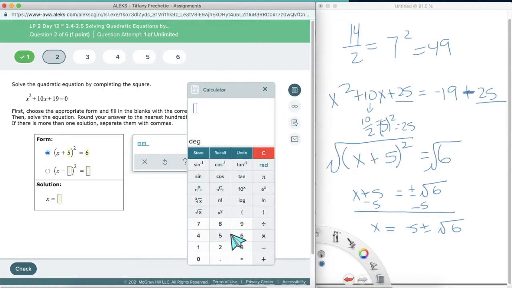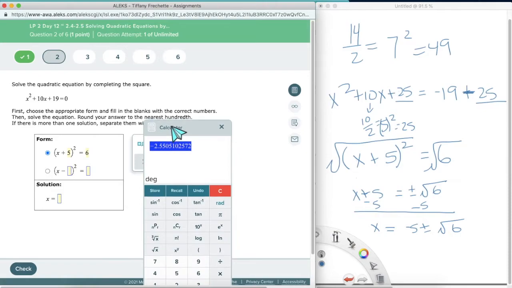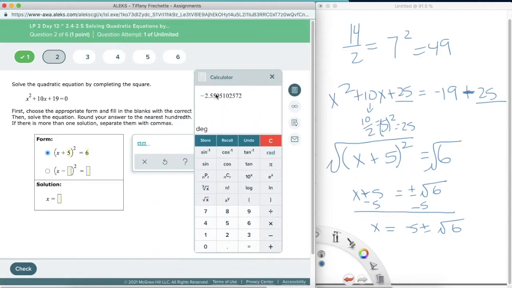So I have negative 5 plus the square root of 6 equals, here's my first decimal, and they want us rounded to the nearest hundredth. So there's my hundredth right there. Or here, I'll highlight these past it. So I want to make sure that's a 0, so that just means they're going to round down. So it's going to be negative 2.55, comma, I'm also going to have another one,